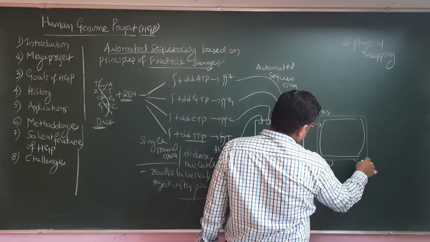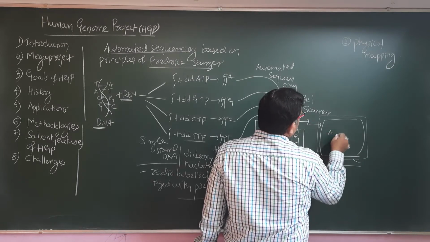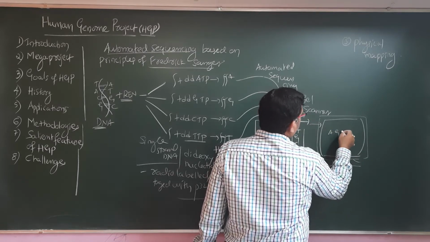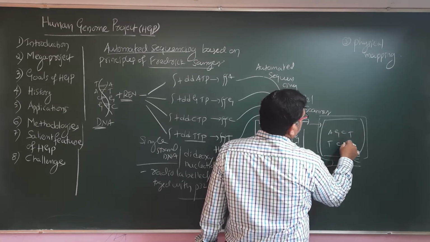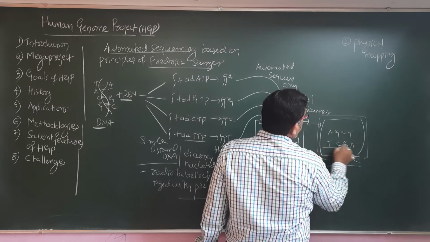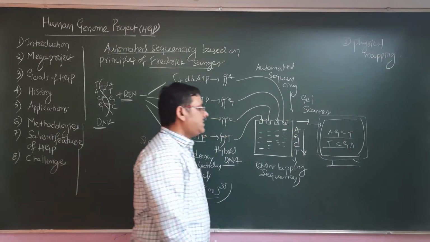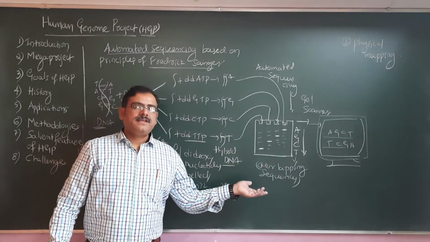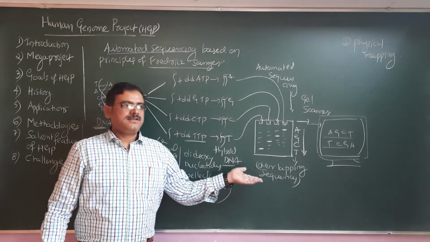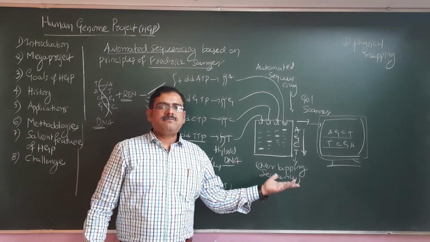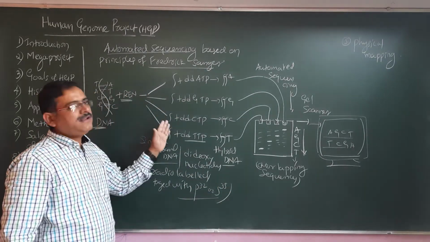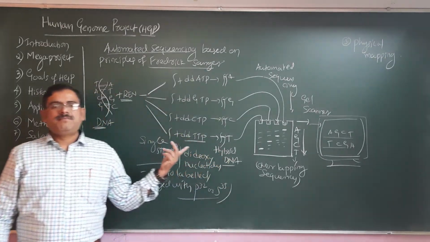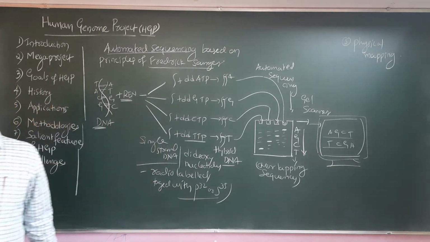It may be adenine, guanine, cytosine, thymine, or thymine, cytosine, guanine, adenine. Like this, sequences keep on coming, and those are stored in the memory, and that is called bioinformatics. This is what is done in DNA fingerprinting, or Frederick Sanger's method